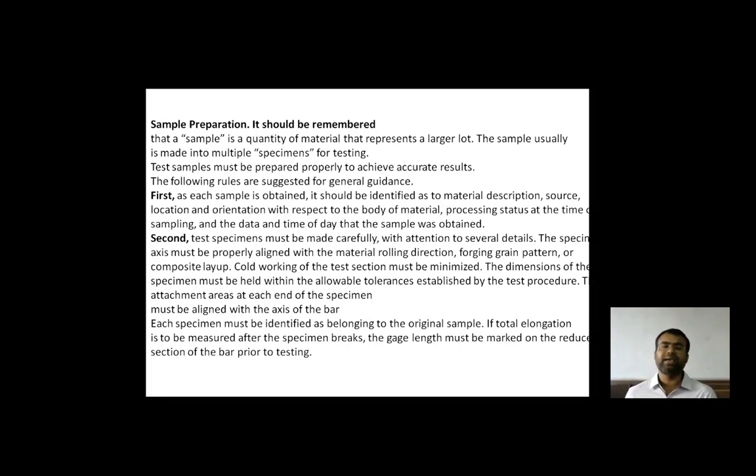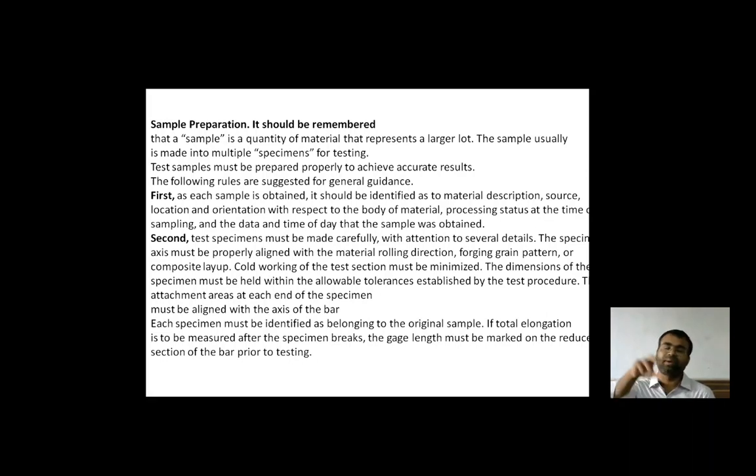The dimension of the specimen must be held within the allowable tolerance stabilized by the test procedure। So we need to provide that particular tolerance regarding that particular dimension। The attachment area at each end of the specimen must be aligned with the axis of the bar, and each specimen must be identified as belonging to the original sample. If total elongation is to be measured after the specimen breaks, the gauge length must be marked on the reduced section of the bar prior to testing।